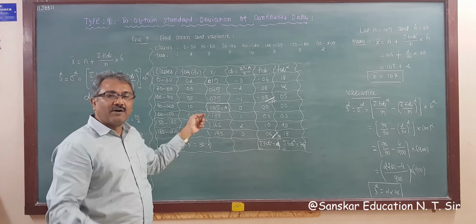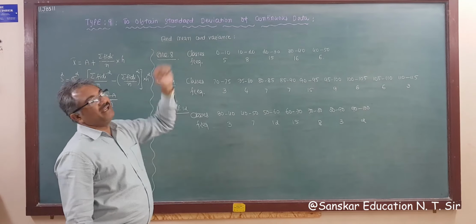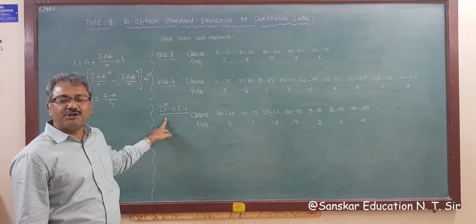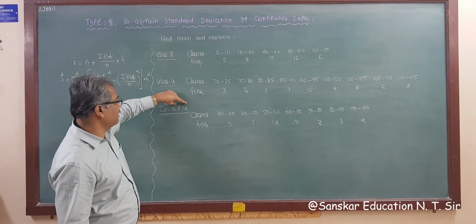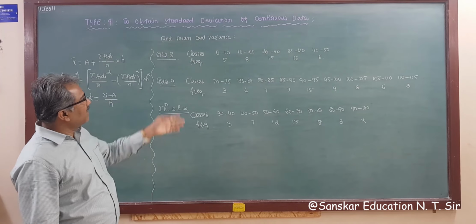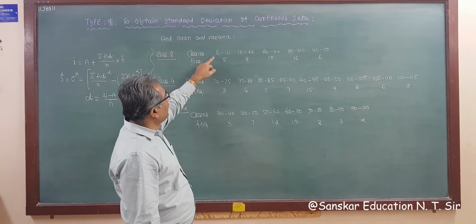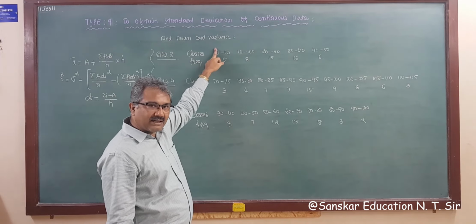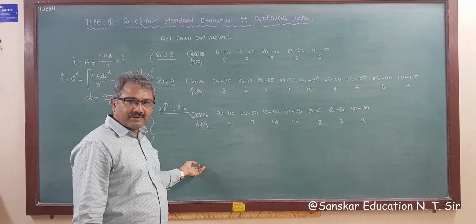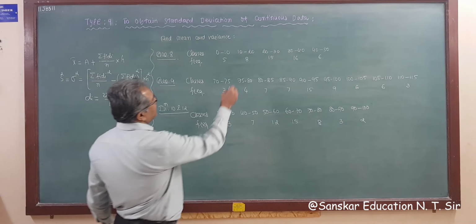So the next example is of not continuous classes, right? Now find mean and variance. There are 3 questions, question 8, question 9 and illustration number 10 and 12. So you have to note down these questions. Illustration number 10 and 12 are the same questions, right? So you have to do as we saw. Find mean and variance. So apply this formula and you know how to count. So I am leaving these 3 questions for you as homework, right? So this is your homework.